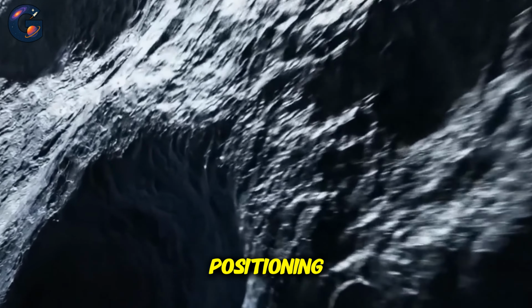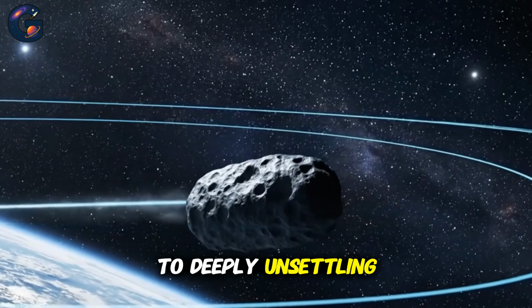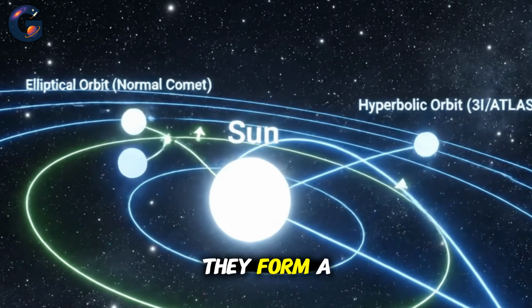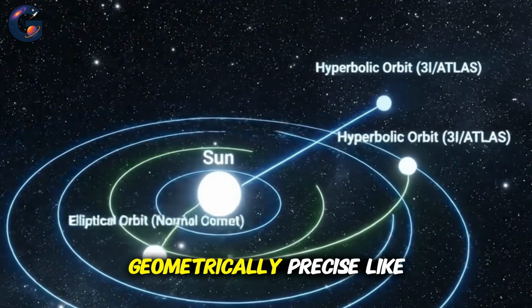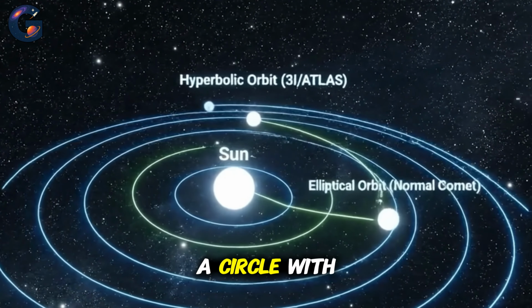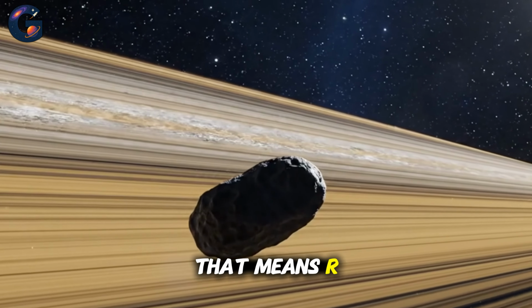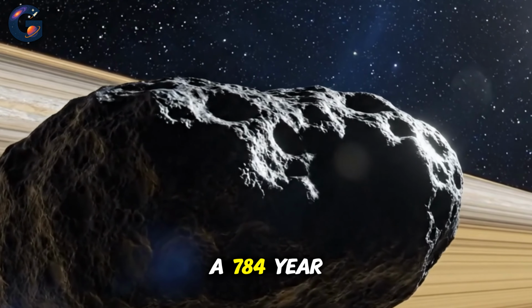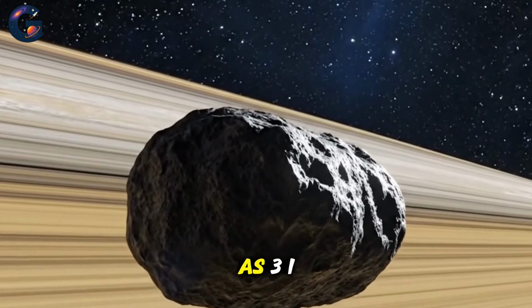Let's talk about positioning, because this is where the story shifts from peculiar to deeply unsettling. When you map both objects in three-dimensional space, they form a nearly perfect symmetry around our planet. Not approximately opposite, not roughly aligned, geometrically precise, like 2 points on a circle with Earth at dead center. Think about what that means. R2 SWAN, a comet with a 784-year orbital period, just happened to arrive during the same narrow window as